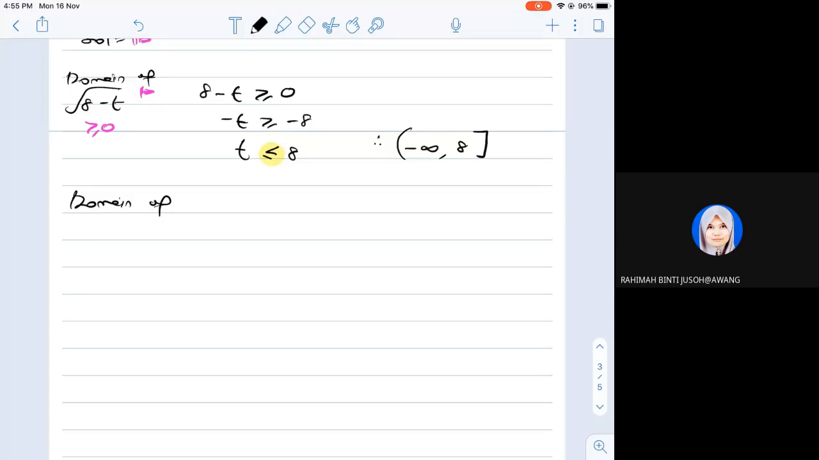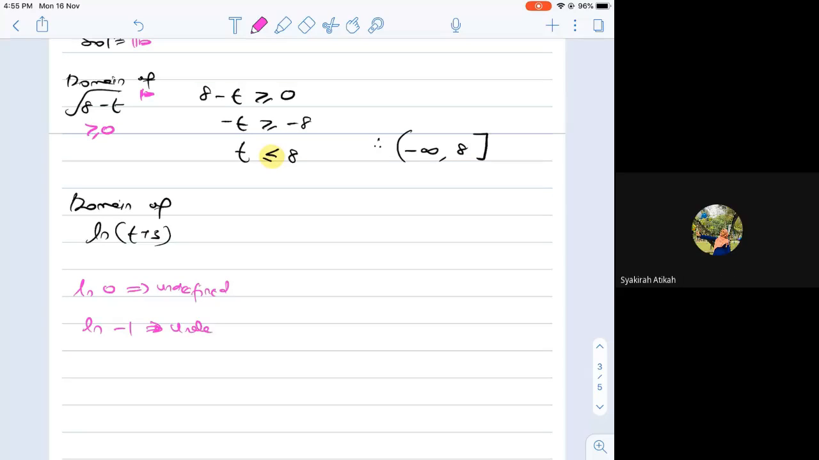ln t plus 3. As I mentioned earlier, ln 0 is undefined. How about ln negative 1? Try on your calculator, does ln negative 1 exist? Ln and then put negative 1. Is there a value? It doesn't exist, right? Math error, undefined. Math error, it doesn't exist. So, which means that the values of t inside here